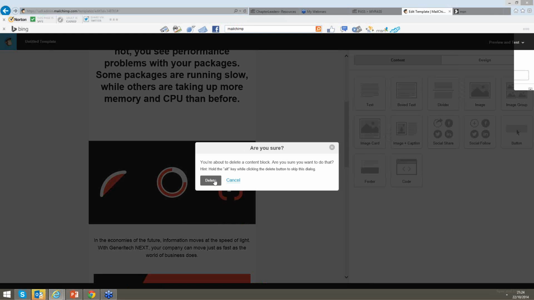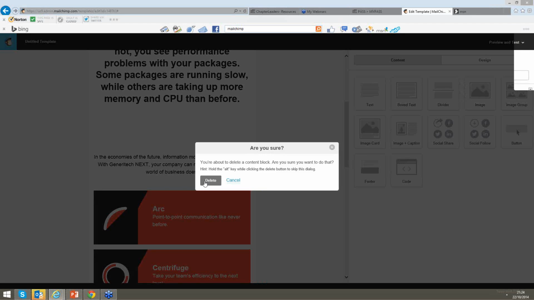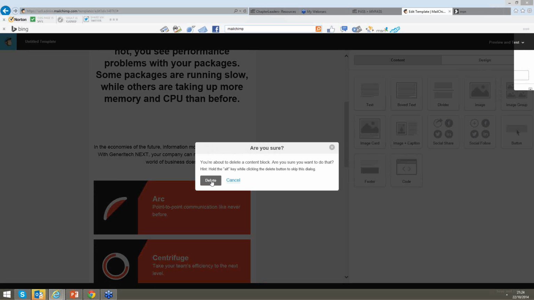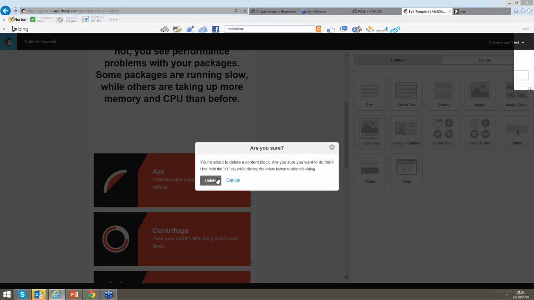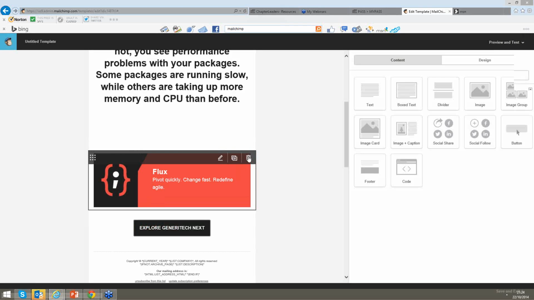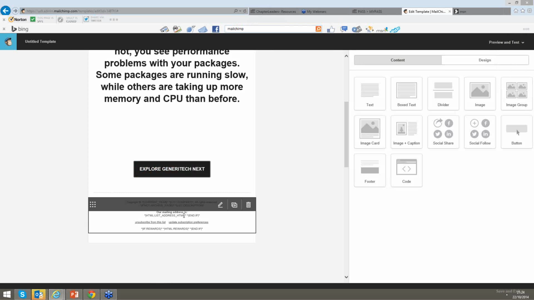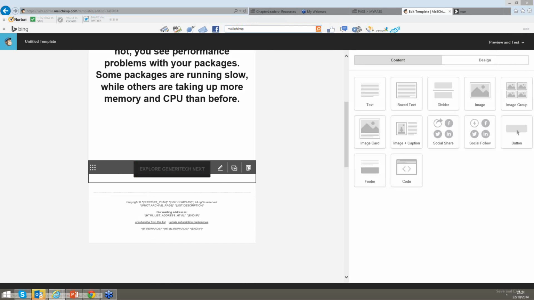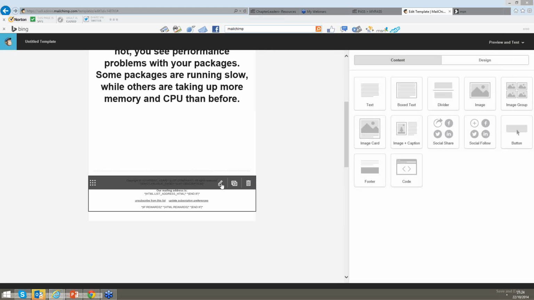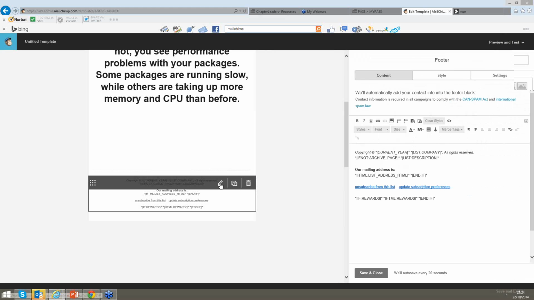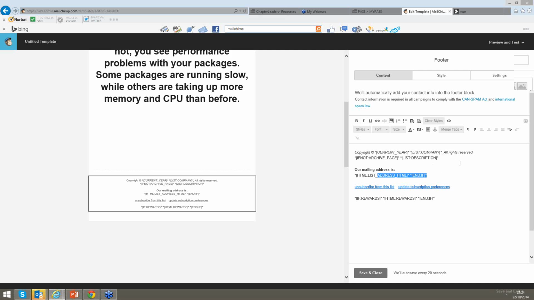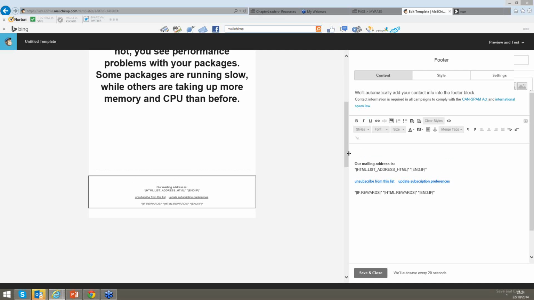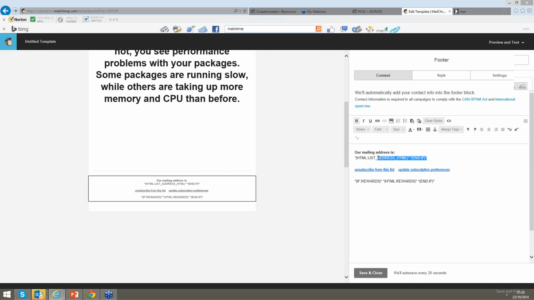Now I don't need all this stuff here, so I'm going to delete that. I'm going to delete that. I'm going to delete that. Delete stuff I don't need. Now what you can do is, there's a bit here which is unsubscribed from the list. I'm going to delete that as well. So what I will do here is I will edit this block, because I like this block because I can take this out. Our mailing list is, and I'm going to put in my own email address for just now. In fact, let's use the PASS one,